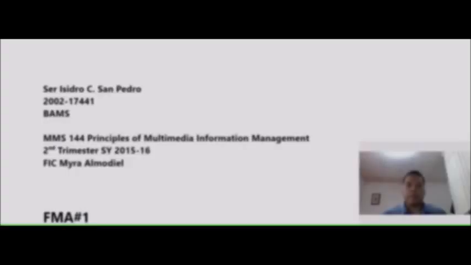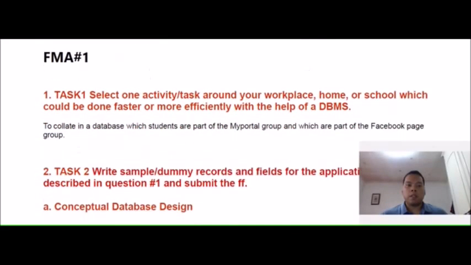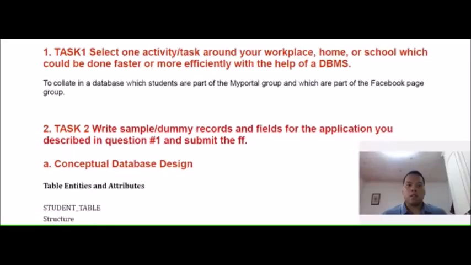Now I'll present my FMA1 and FMA2 outputs. For FMA1, the first task is to select one activity or task around our workplace, home, or school which could be done faster or more efficiently with the help of a DBMS. I chose to create a DBMS